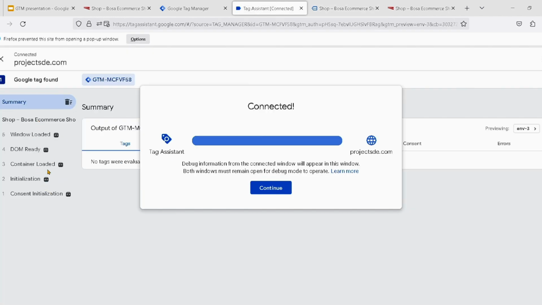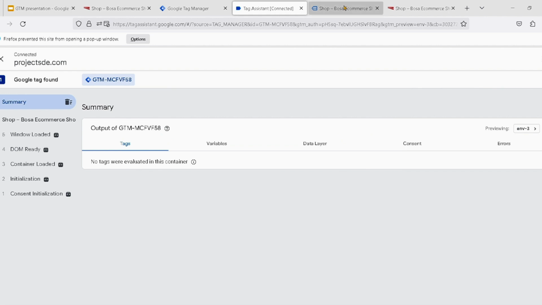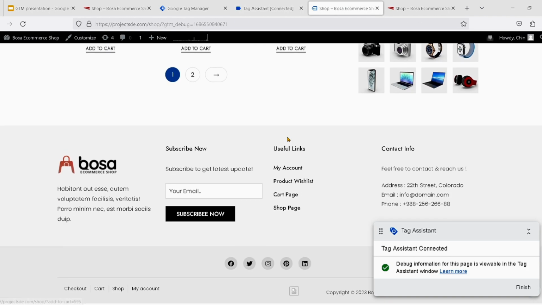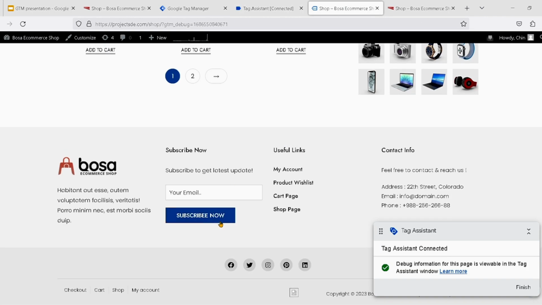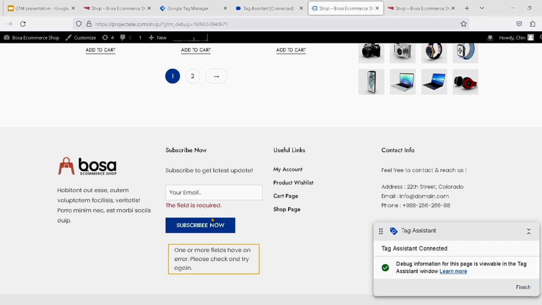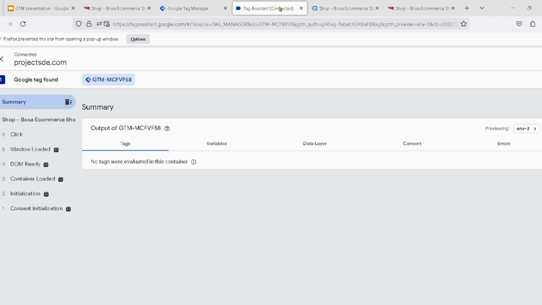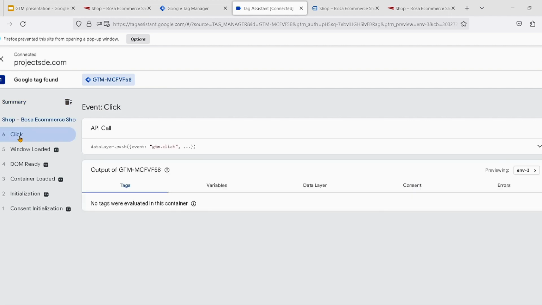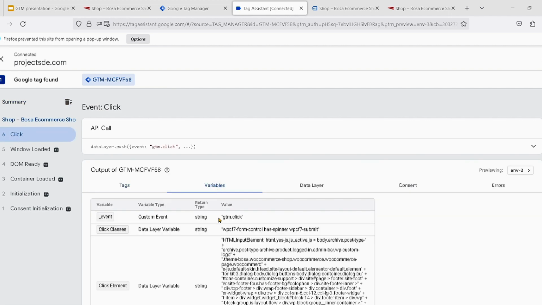Yes, the same old stuff. Again, hit the continue button, and now I'm going to click on the subscribe now button and see what's going to happen. Now, you don't need to fill this. So I clicked it. I go back to the Tag Assistant. Yes, it is working now. It says click. All right, so you need to click on that,